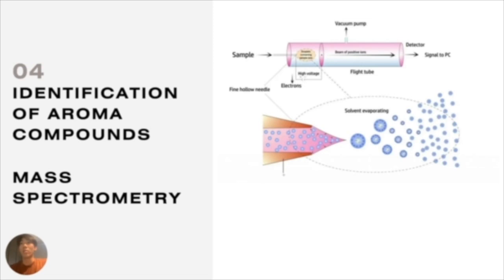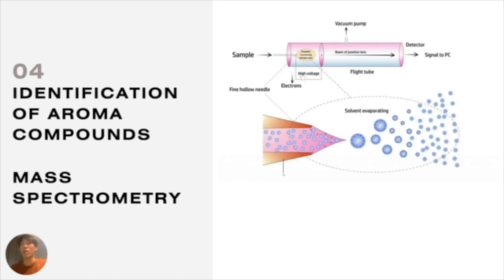The specifics can be seen in the diagram provided to the right, where the sample must first be ionized, then accelerated, then deflected by a magnetic field into a detector,